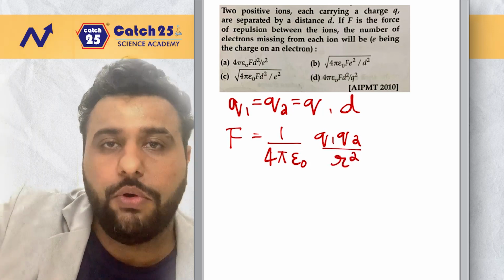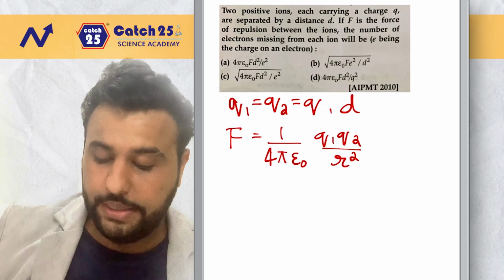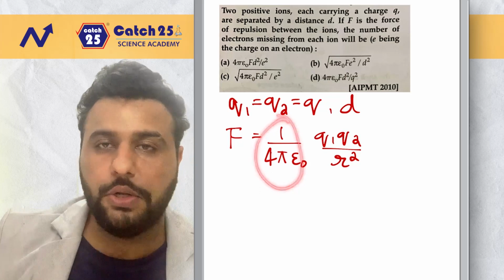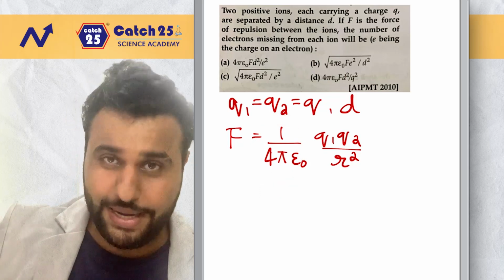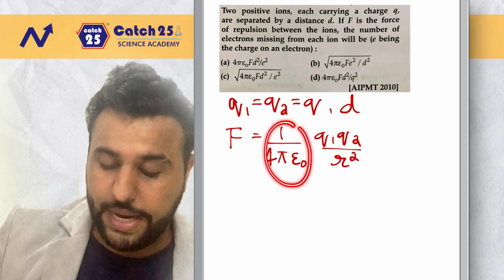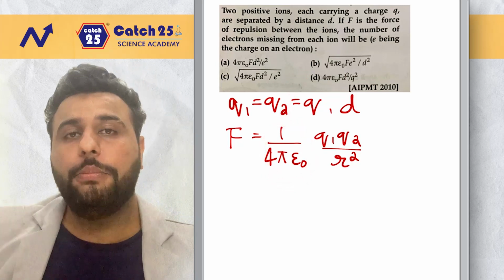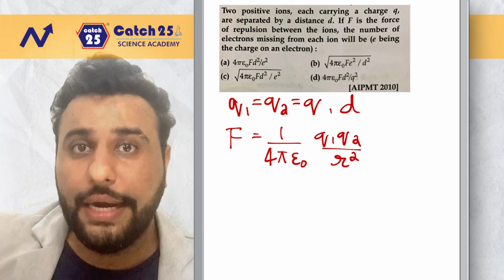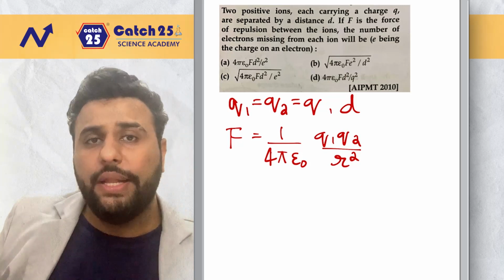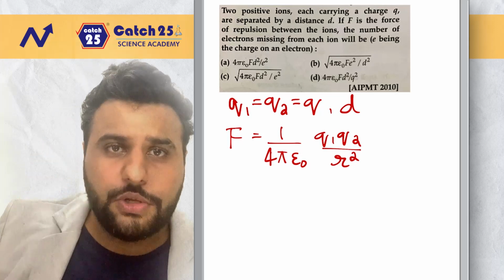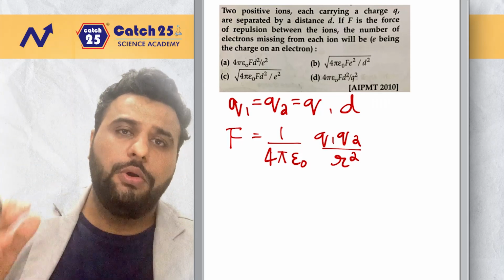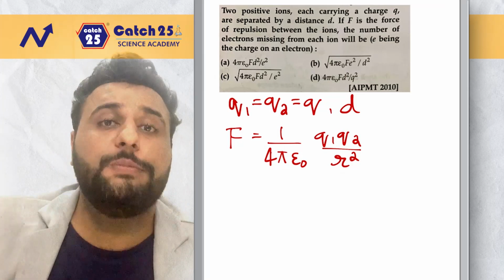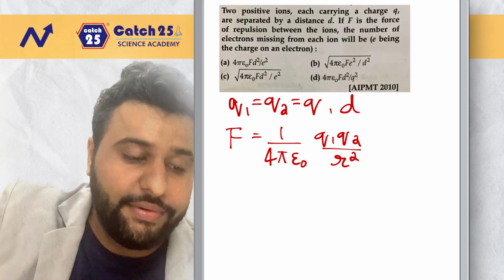Now this is the formula for Coulomb's law. You should know by now the value for 1 by 4 pi epsilon naught is directly 9 into 10 power 9. But if you substitute that and look at the options, in the options they have left 4 pi epsilon naught as it is. That is why let us continue the question and find out what they really want us to find. I have told that Q1 equal to Q2 equal to Q. I have not written minus Q because in the question itself they have said it is a positive charge. And then the distance is given as D.